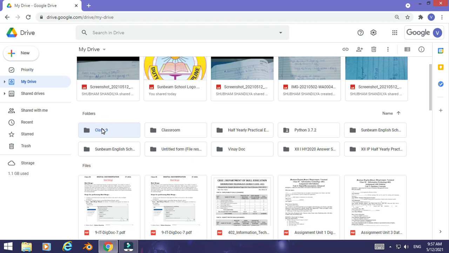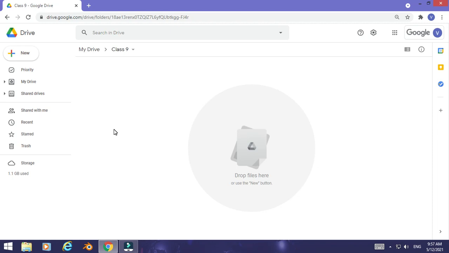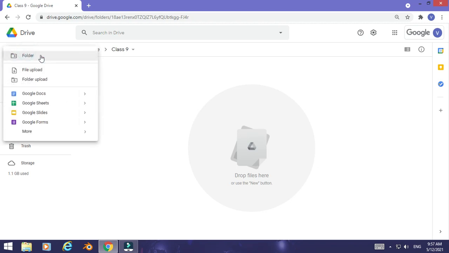And if you want to move any file into this folder, just double click on the folder and open it, and again you can see here, drop files here or use the New button. So you have both options: either you can drop a file here to store, or you can click on New, and then you have the option for File upload. You can just click on File upload and upload the file.